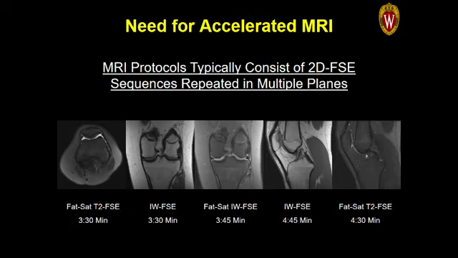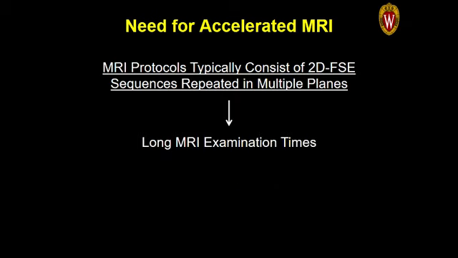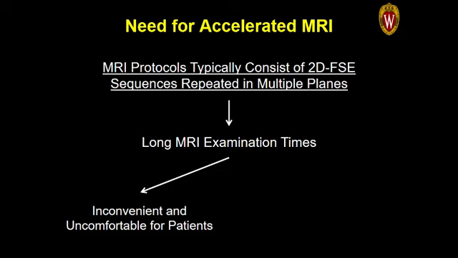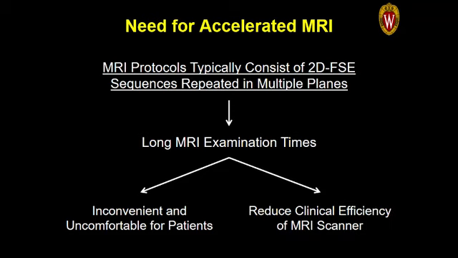Now, MRI protocols for evaluating joints in clinical practice typically consist of two-dimensional fast-spin echo sequences repeated in multiple planes. While these sequences have high in-plane resolution and excellent tissue contrast for evaluating all joint structures, they typically need to be repeated in multiple planes, which results in about 4 to 5 individual scans. This results in relatively long MRI examination times, which are inconvenient and uncomfortable for patients, and reduces the clinical efficiency